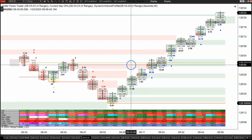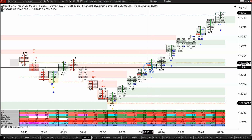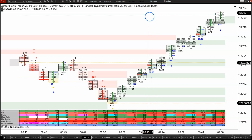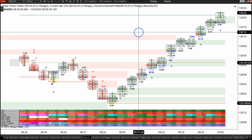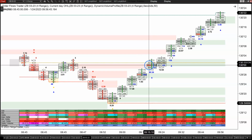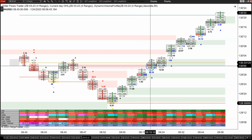This line here is the opening price, which is a level for a lot of traders, the opening price, hanging around basically unchanged. They're happy to sell it because, for whatever reason, maybe they're thinking, well, we have just our normal distribution day. This is probably right around where the value was. I haven't pulled up a volume profile, but it's probably where the POC was for the day. So you have a lot of aggressive selling coming in there, but you have strong buyers. You got more people bidding